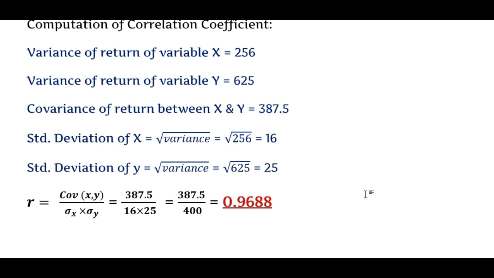If you want to interpret the result you got here with respect to the correlation coefficient, you can say there is a high degree of positive correlation between the values of the x and y variables. So this is our solution to the question. If you want more clarity on how to interpret the correlation coefficient, I'll discuss that in our next video.